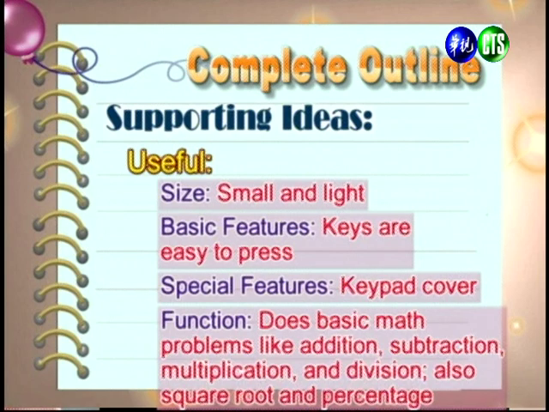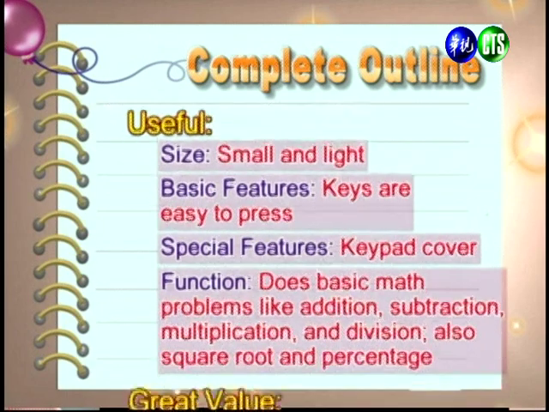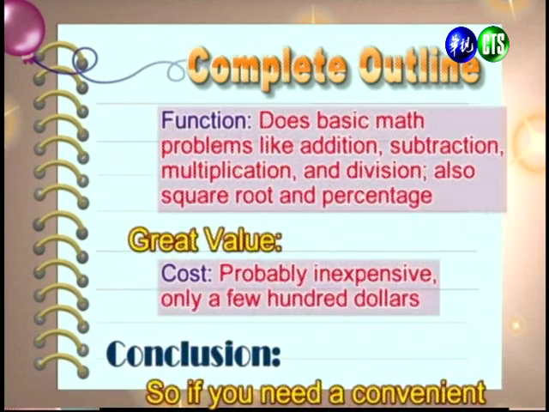All right, so now let's add some specific qualities that make this calculator useful and some that make it a great value. 好，我们先来加入一些非常的精细的细节哦。And so we can see here it's useful because the size is small, that it has some good basic features, also some special features, and it also has all the basic functions of a calculator. 好，我们可以发现呢，如果我们要讲到说它很有用的话，我们可以提到第一个它的大小，它比较小，它比较轻盈。那它的一些基本特色哦，是说像它的盖子啊是很容易按取，或是一些特征以及它的功用。